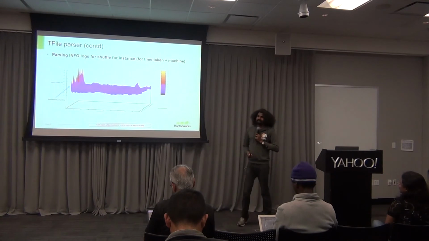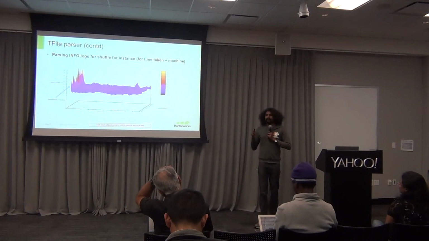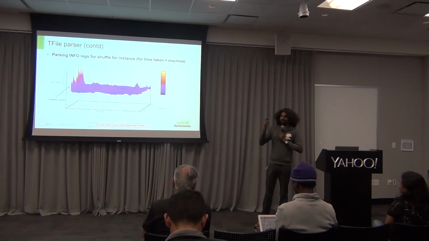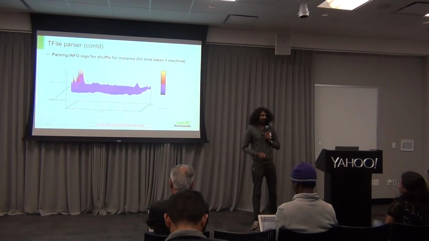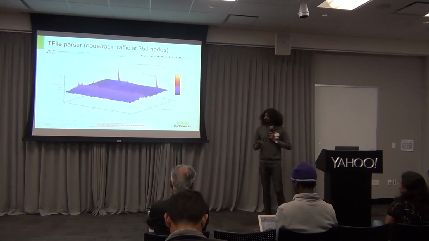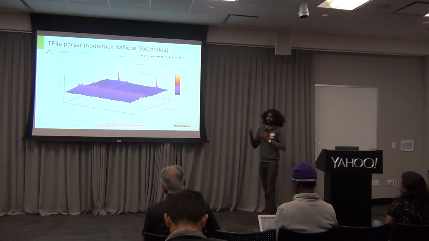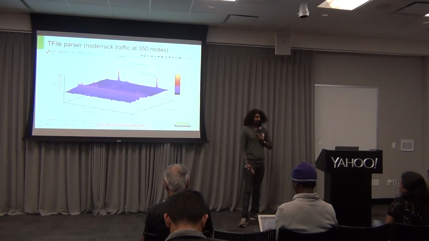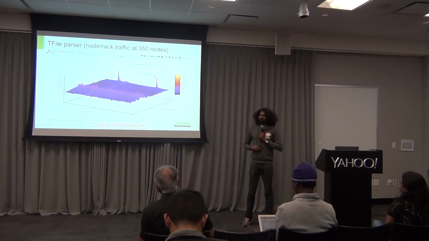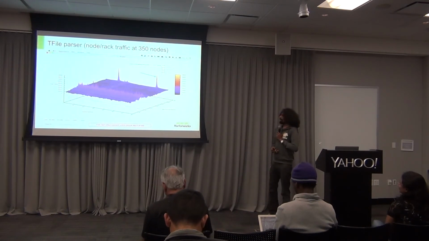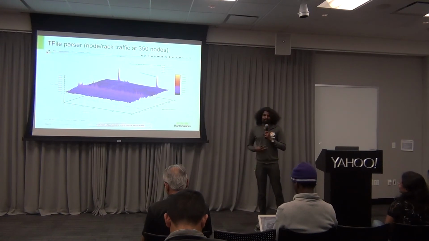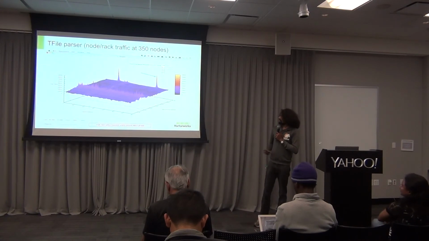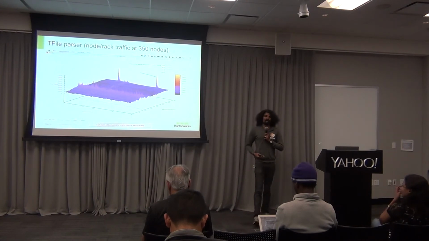So after succeeding on the 20 node case, we decided to just go all in and run this on the data from the 350 node cluster, which had 350 data points on the x-axis, 350 data points on the y-axis, and 100 data points for each pixel you're going to see, right? Because it has 10 containers per node, talking to 10 containers on every other node. And we found out something we would have never seen without this particular tool. We found out that, obviously, big data problems have to be solved with big data solutions. GNUplot took about an hour to render this because of the number of points we had,